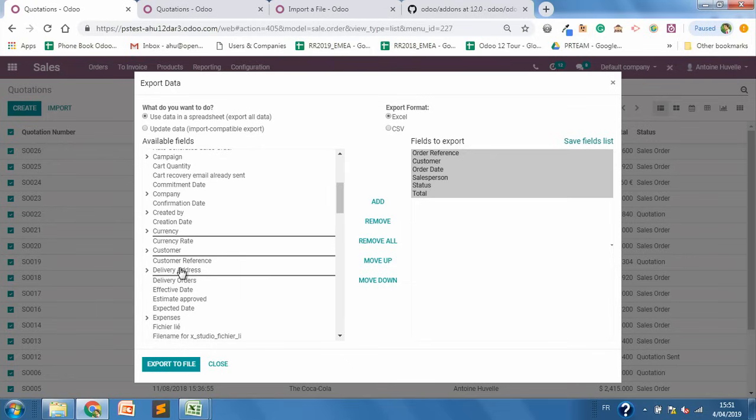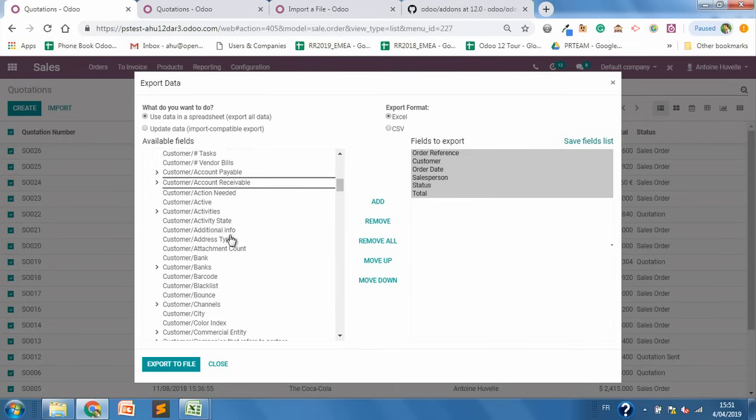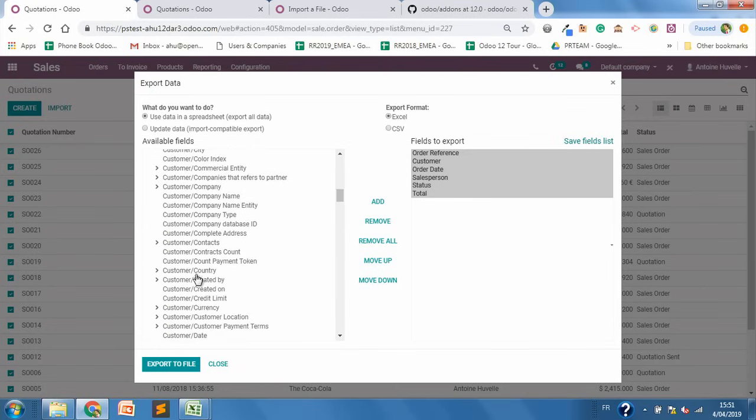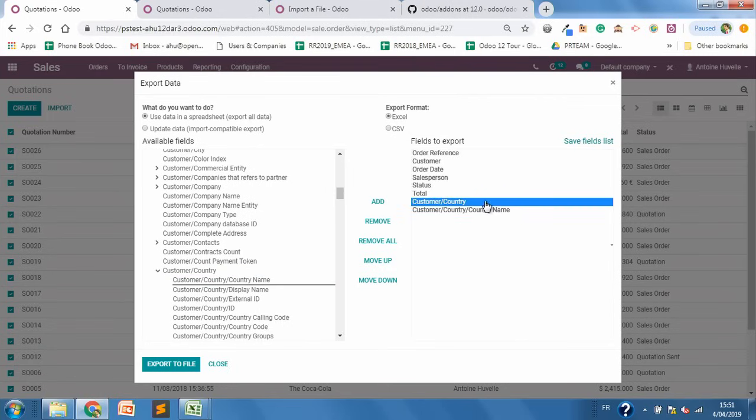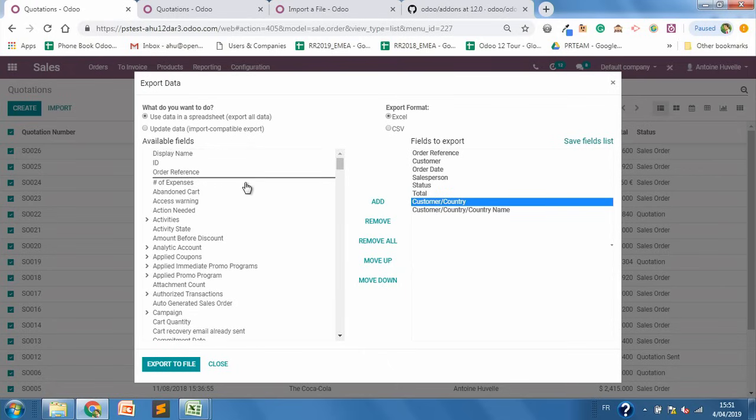If you wish to have the sale orders per country, that's possible, but then you need to click on the customer and then export the country information of your customer. If you click on country, then select the country name. That will give you the possibility of exporting information by diving into the related items. So I was on the sale order, I could dive on the customer, and then on the country, so that I get information that is not directly linked to the sale order, but at least